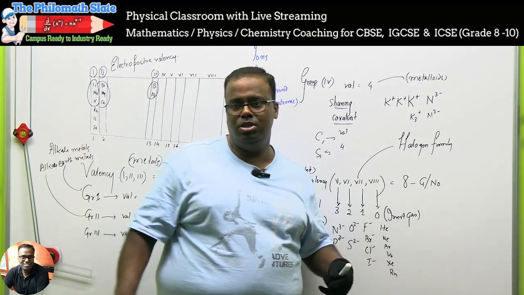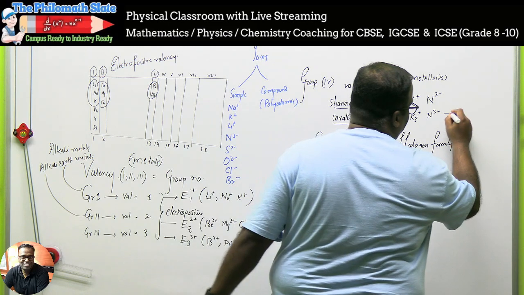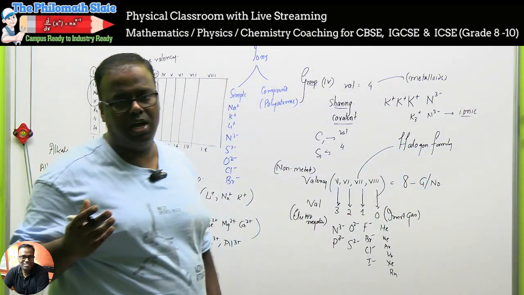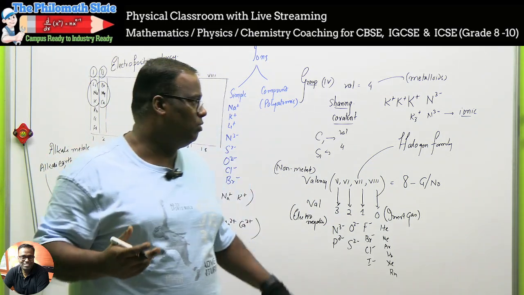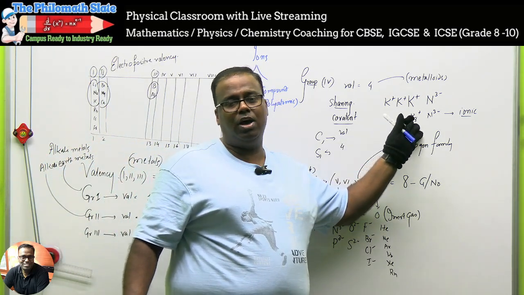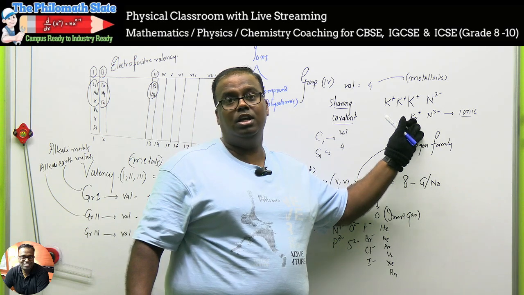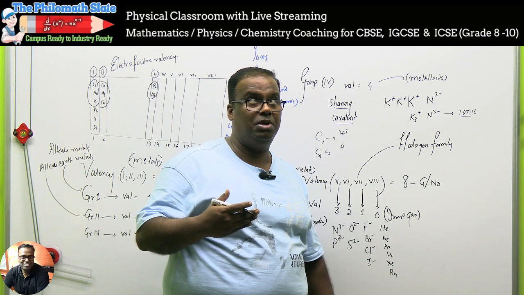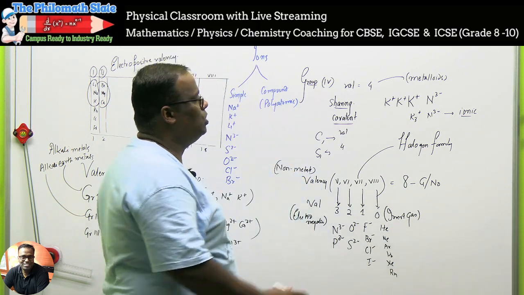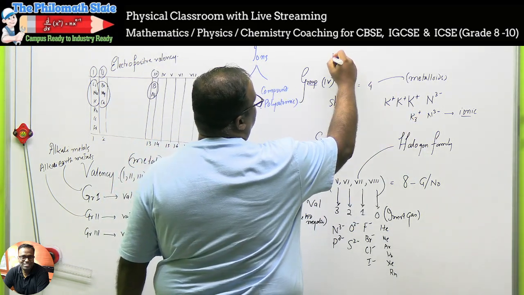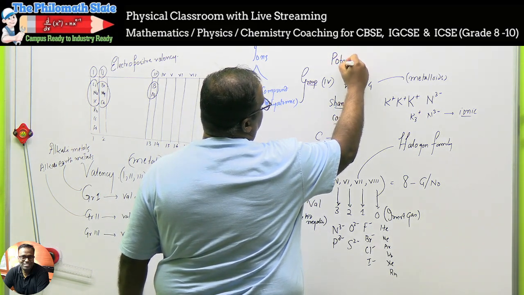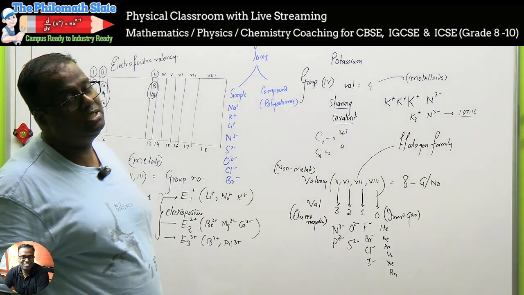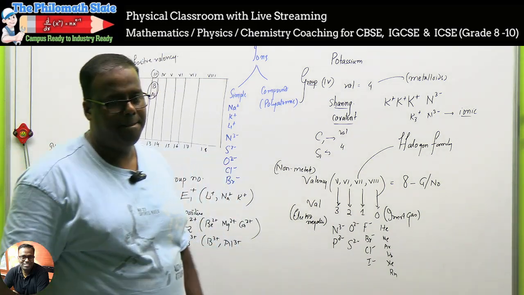Now how do we name this compound? If you look at it, this is nothing but an ionic compound. Ionic compounds are very easy to name. The way to name them is that the positive ion or the metal part is always spelled first. So who is the positive part out here, beta? Potassium. And it is just the name. Straight away take the name of the parent atom, potassium. समझ में आया?